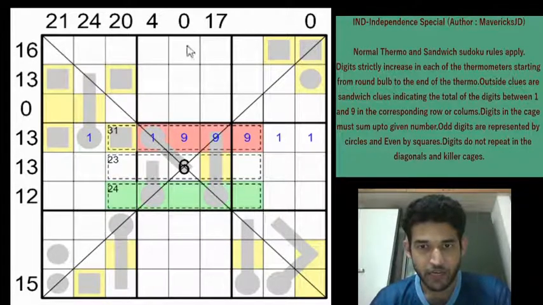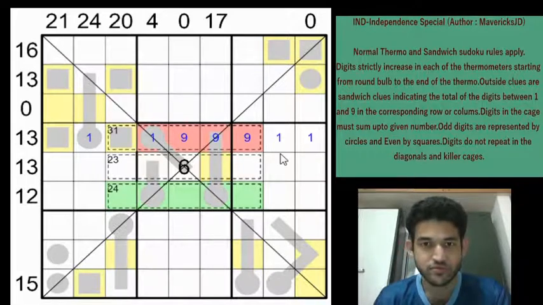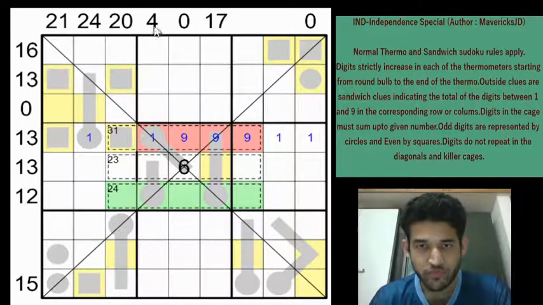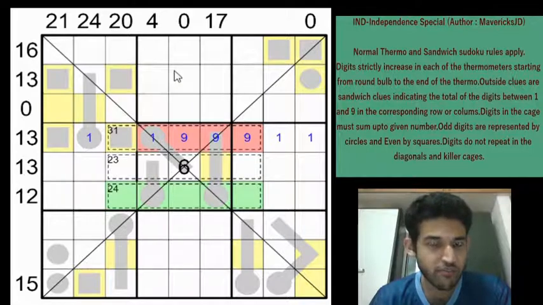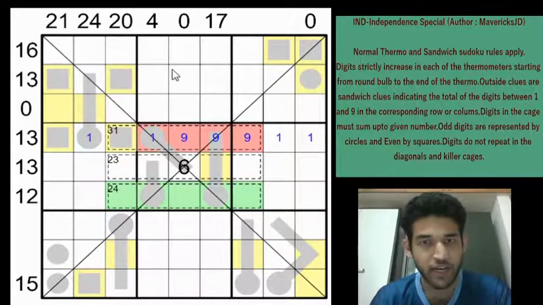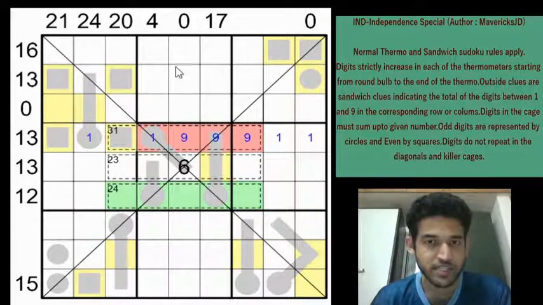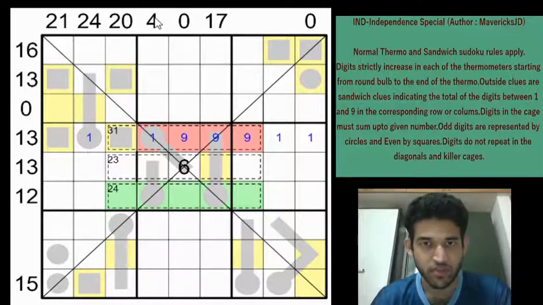Okay. Can you use this 0 for some information? No, right? Because there is too many possibilities for the 0. Let's look at the 4 clue. We know that the 4 clue will be comprised of only 4. It cannot be 1 plus 3 because 1 and 9 are the sandwich crumbs, or rather the border cells which encompass the digits. So 1 cannot be part of the sum. So 4 has to be a 4. So we will have 1 4 and 9, or 9 4 and 1 in some order in this column, in column 4.